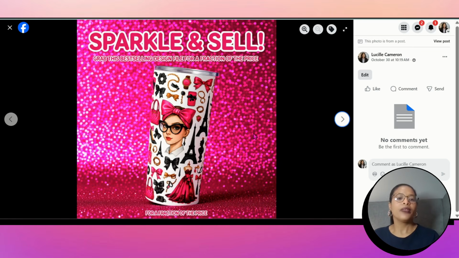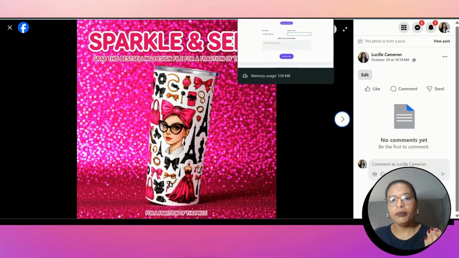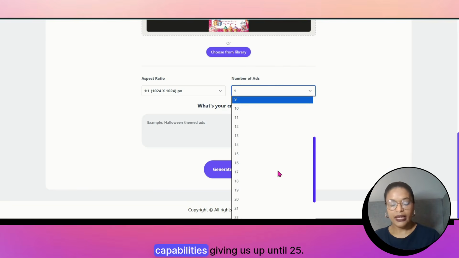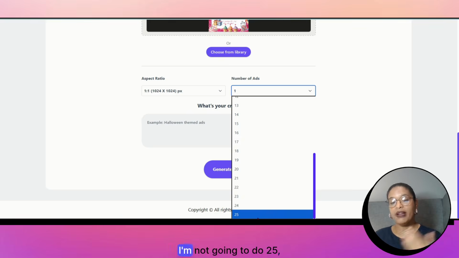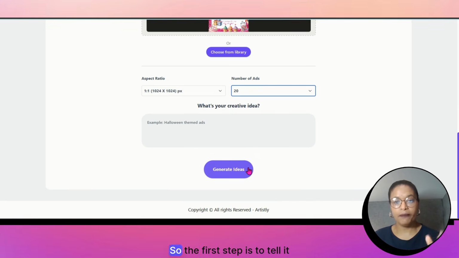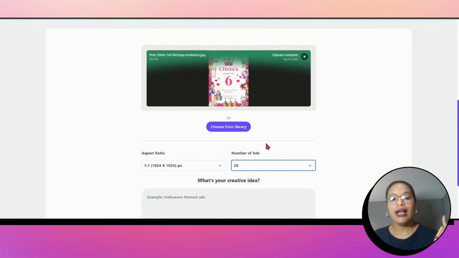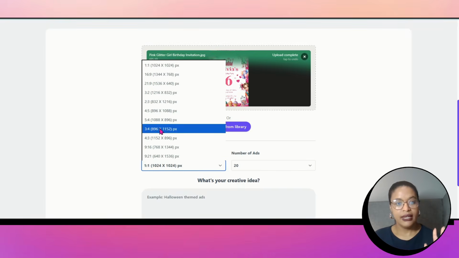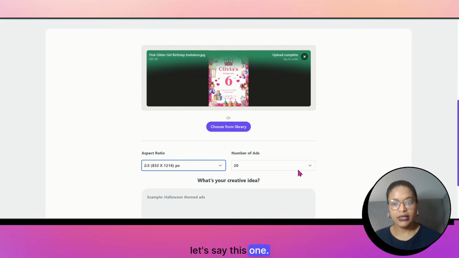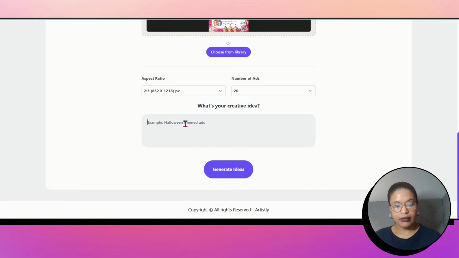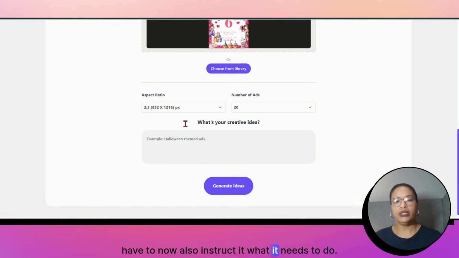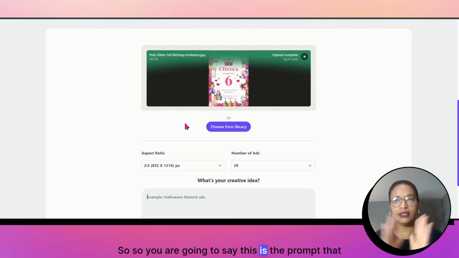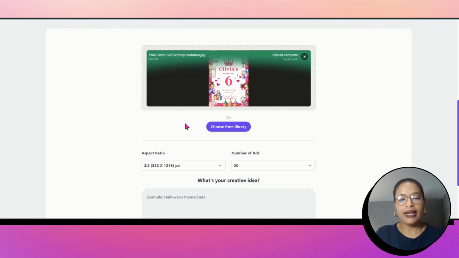Look at this. Because Artistry's AI capabilities is giving us up to 25. I'm not going to do 25. I'm going to do 20. So the first step is to tell it how many you want to generate. And then the aspect ratio is, let's say this one, right? So then you also have to instruct it on what it needs to do. So this is the prompt that I use: create